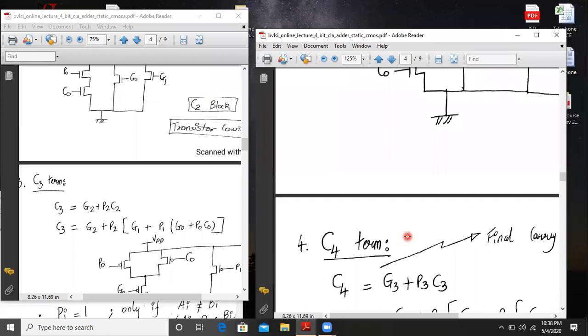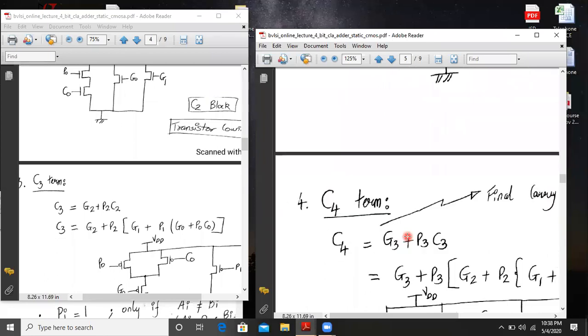Okay, so next we turn our attention to the C4 term. As per the formula, it is given by G3 plus P3 C3. Just now we have implemented the C3 expression. You can see this expression over here: G2 plus P2 into G1 plus P1 into G0 plus P0 C0, and then you have a lot of brackets.